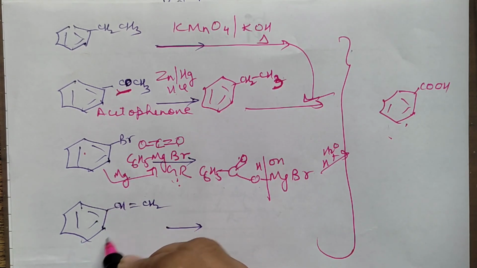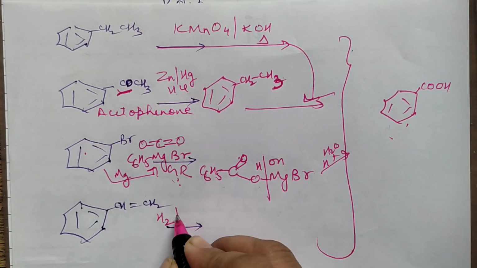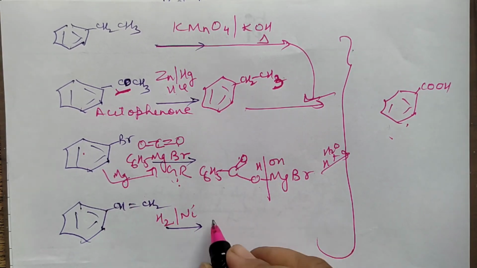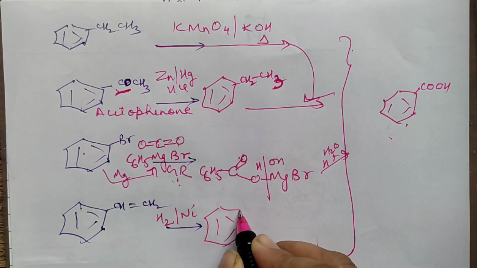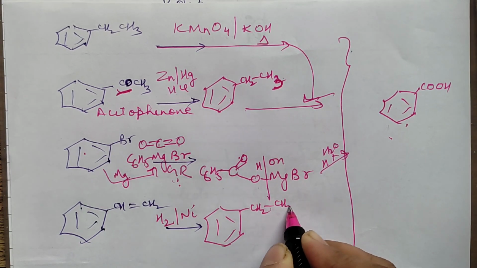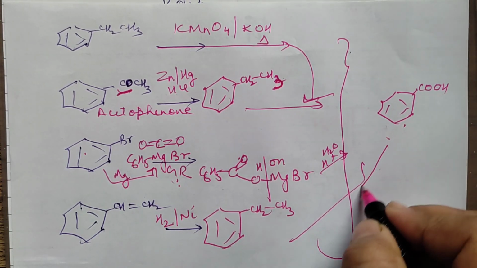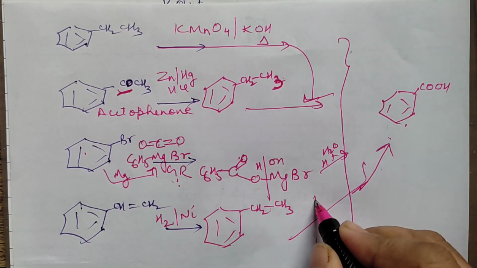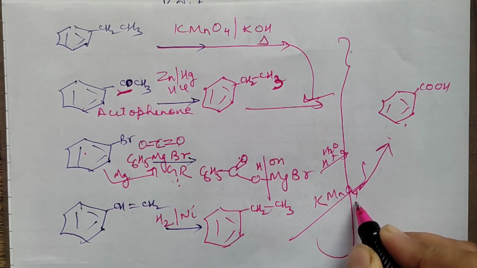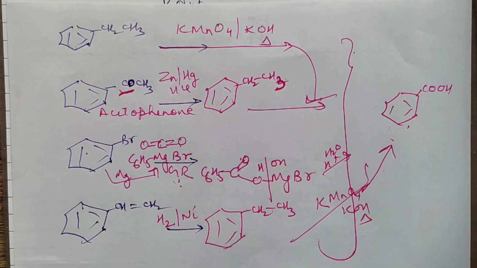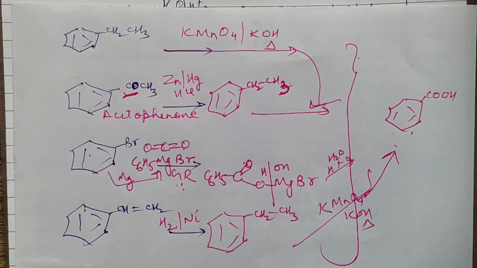Then you have this phenylethene. Very simple. You first reduce it. That means this part you convert into ethyl benzene. You will prepare ethyl benzene from here, CH2CH3, and from ethyl benzene preparing this benzoic acid is very simple. You have to just use KMnO4, KOH, and you have to heat it. Fine. So its preparations are not that difficult. Its conversions can be done very easily, if you know all the reactions. So the main mantra of organic chemistry, I've been telling you, revise the reactions again and again. Then only you'll be able to retain them.